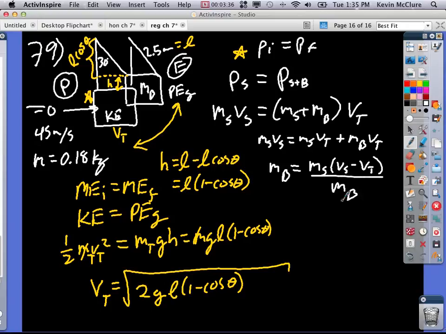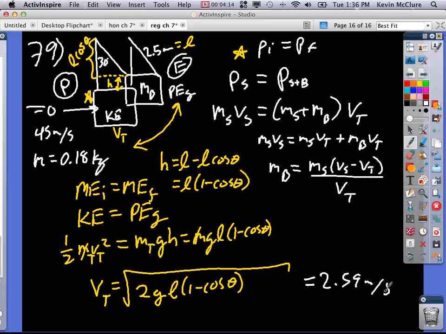Double check, subtract that, and divide. Okay. And then I factored out just to make the math a little bit easier. And I probably shouldn't use that twice. I should have put Vt on the bottom there. And of course we got Vt from down there. And Vt comes out to be the square root of 2 times 10 times 2.5 times 1 minus cosine of 30 degrees. And that gives me 2.59